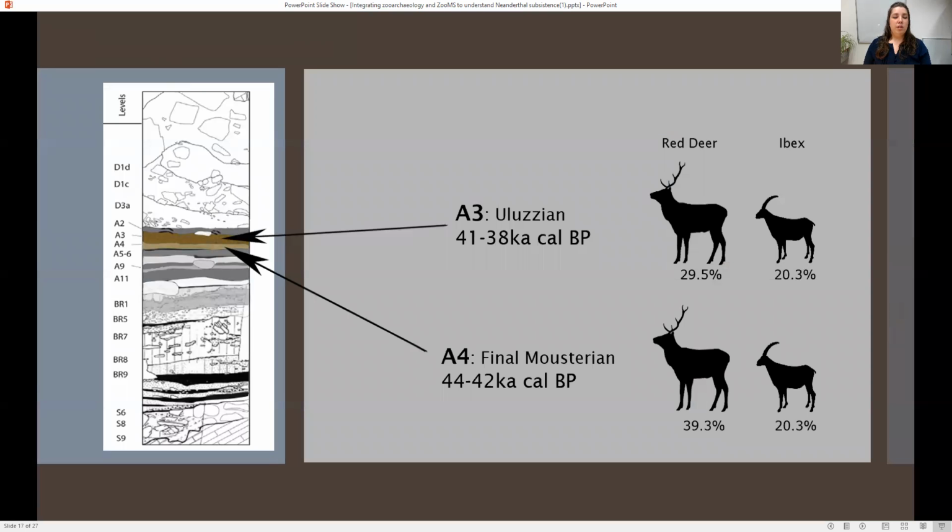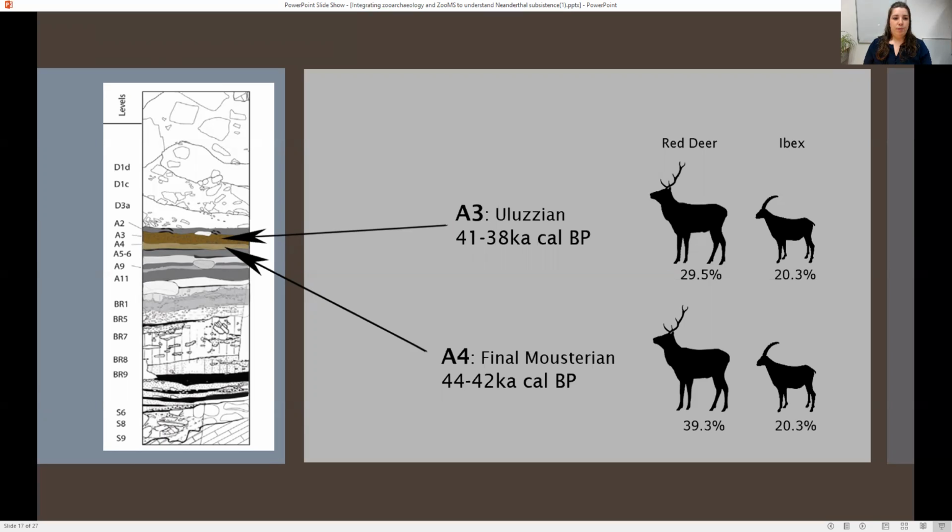The cave is part of several cavities and has an accumulated sedimentary sequence, including Mousterian, layers A11 to A4, the traditional industry, the Uluzzian, which is layer A3, and the Aurignacian, layers A2 to D3. Several studies provide dates placing layers A4, assigned to the final Mousterian, and A3, which is Uluzzian, between 41.3 and